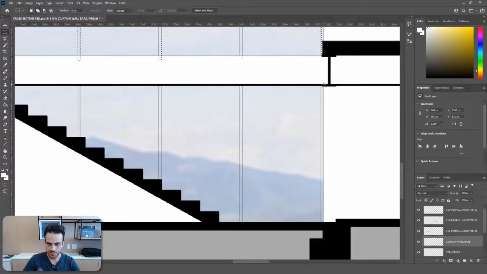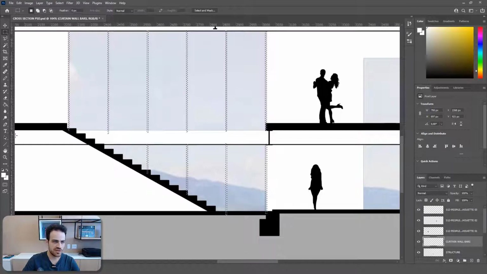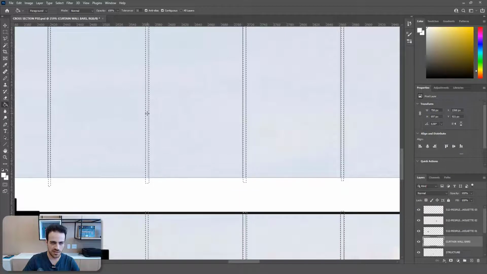And here at the ground floor, holding Shift I will add some selection, and after I use the paint bucket with white color